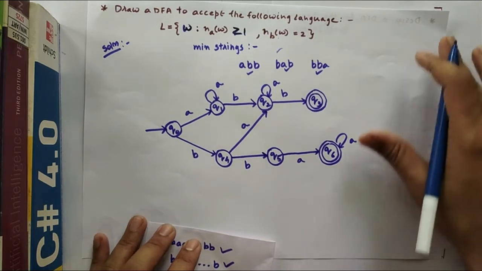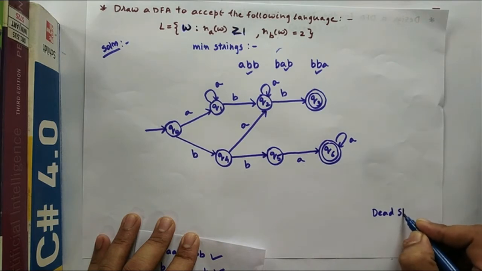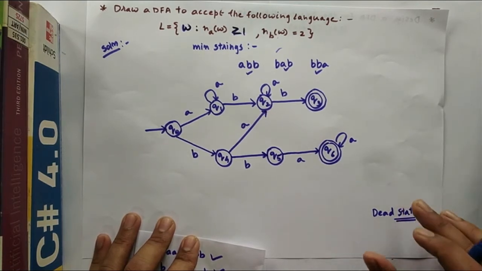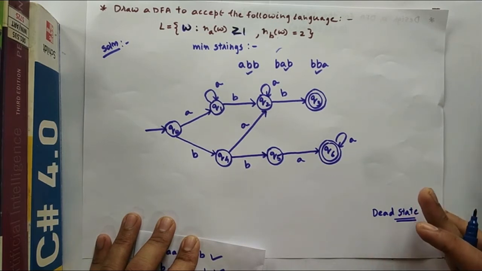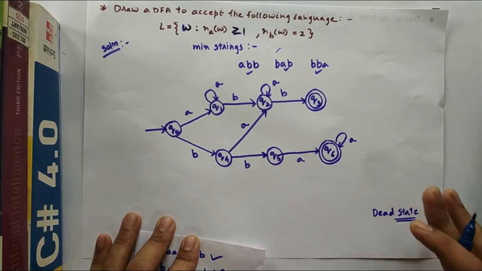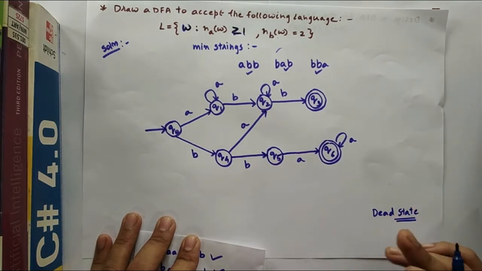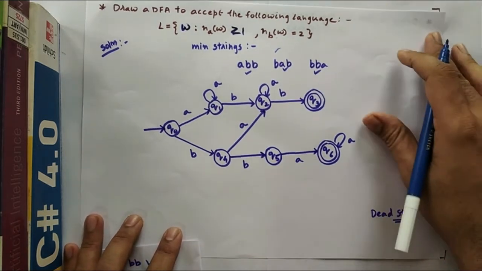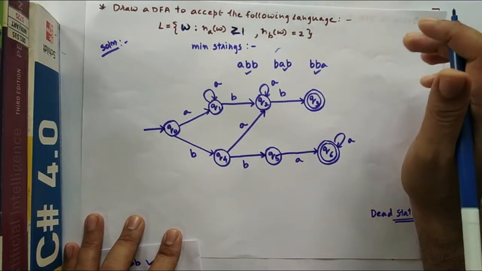Now I just want to show you that there is something called a dead state. What is a dead state? A dead state is such a state which, when reached, the automata never comes to the running state anymore. From that state, automata gets stuck and it cannot go to any other state. So while scanning any input string, suppose the automata enters the dead state, that means the input is not accepted. Just to show the dead state for completeness, actually this is done. There is nothing required, but just for completeness, I will also demonstrate a dead state.